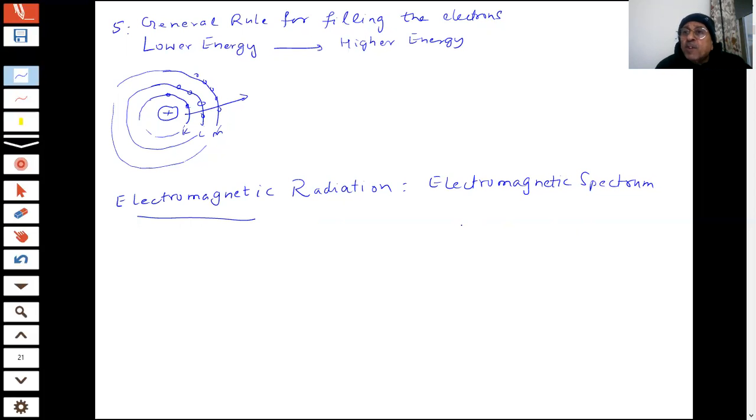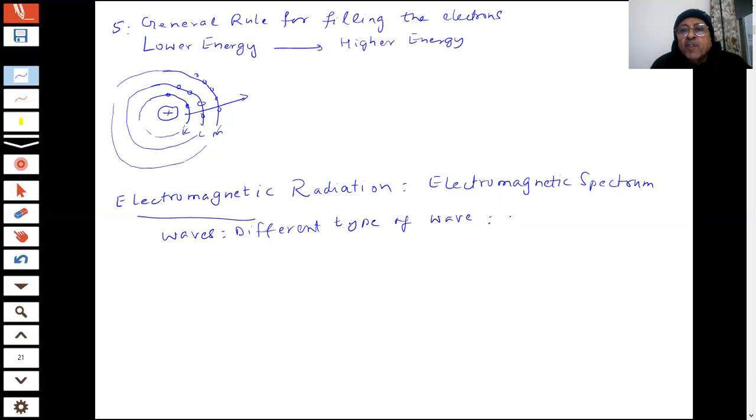But there are different types of waves. You have heard about visible, infrared, ultraviolet, X-ray, gamma ray, students, there are different types of rays, radiations. They are nothing but waves. What are these, students? These are waves. Different types of waves mean what, students? What do you mean by different types of waves? In any electromagnetic radiation, there are different types of waves.